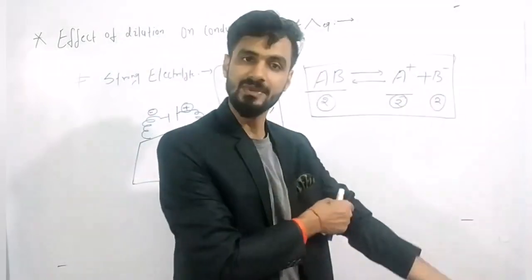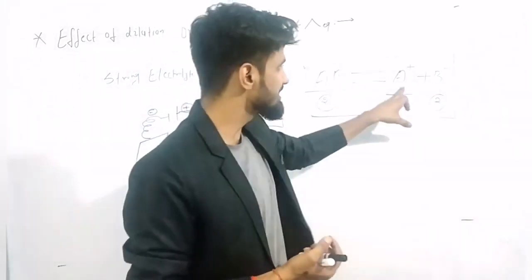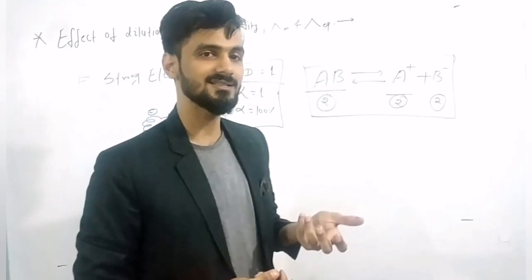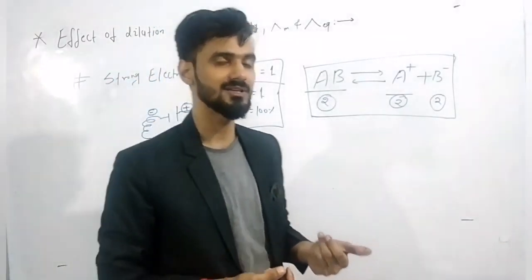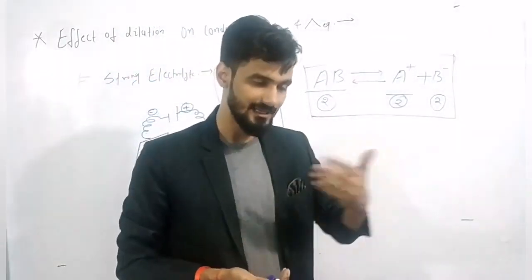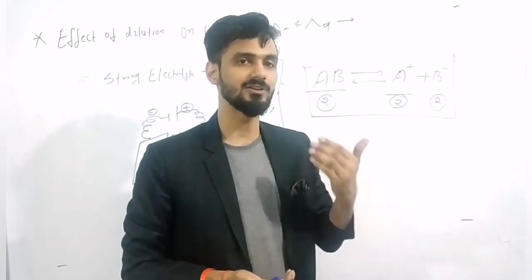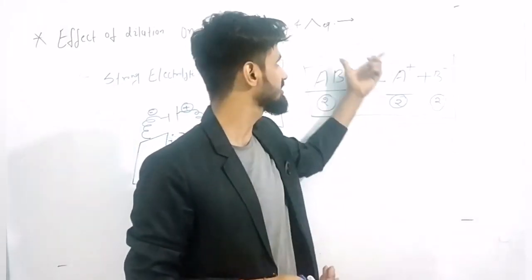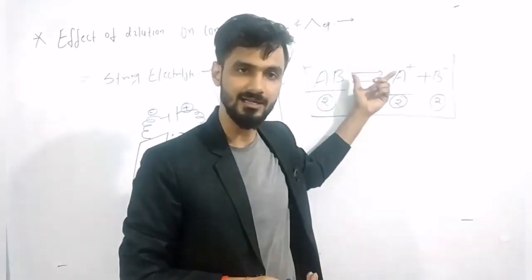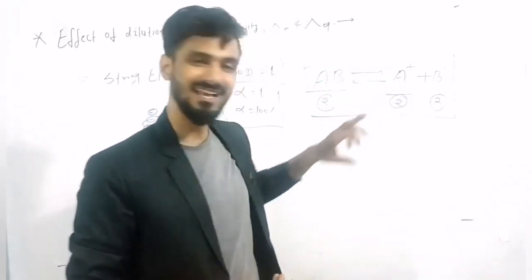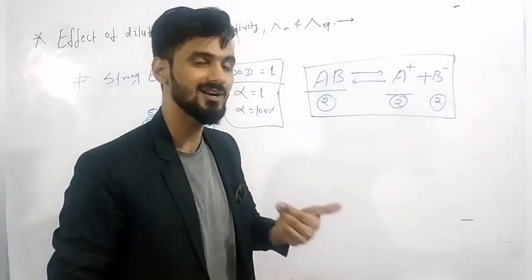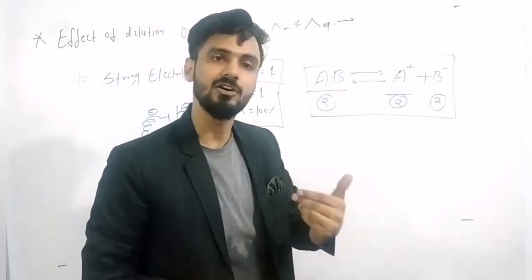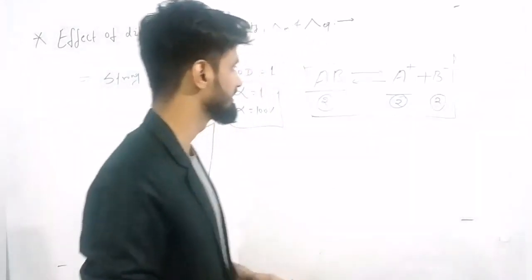If the number of ions would be increasing, then what will happen? Due to this, the number of charge carriers will get increased, and if the number of charge carriers is increased in the solution, then the electric current, or flow of charge per unit time, will get increased. Due to this, the molar conductance or equivalent conductance should increase, but here the number of ions is not going to increase. So what is the driving force for the increment in the value of molar conductance or equivalent conductance? Understand the reason.